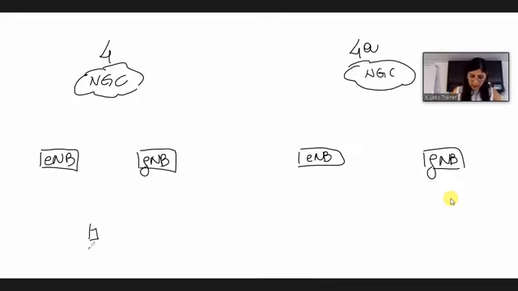Even in this case, our user equipment is in dual connectivity.